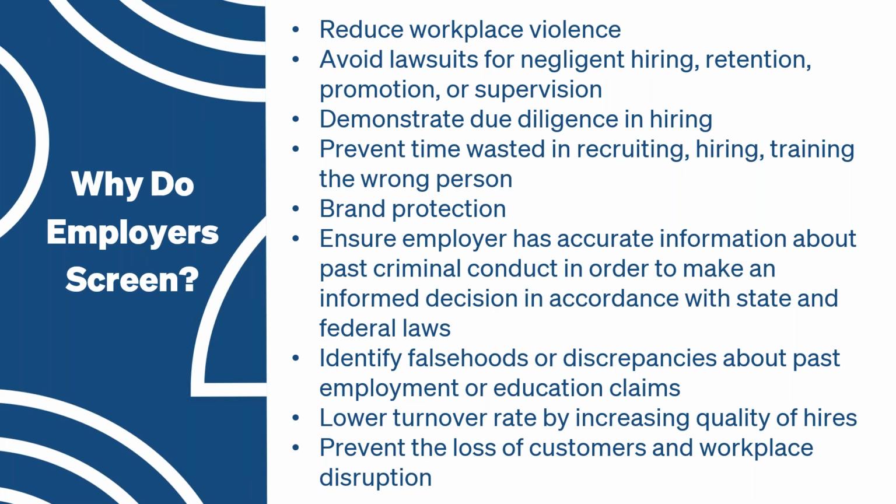Certainly it is more cost effective to sort through your candidates to weed out people who are not going to be a good fit with your organization at the beginning, rather than go through the work and the expense of training someone and onboarding and getting further into the employment and realize their education is not what they said it was, their employment background is not what they said it was, or something, God forbid, happened, there's an incident of workplace violence, or you have an issue with theft or embezzlement and you haven't performed that background